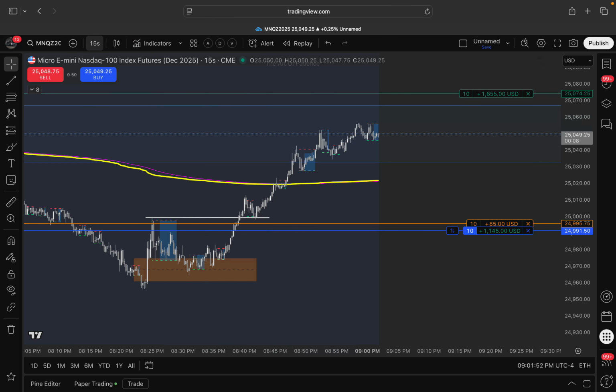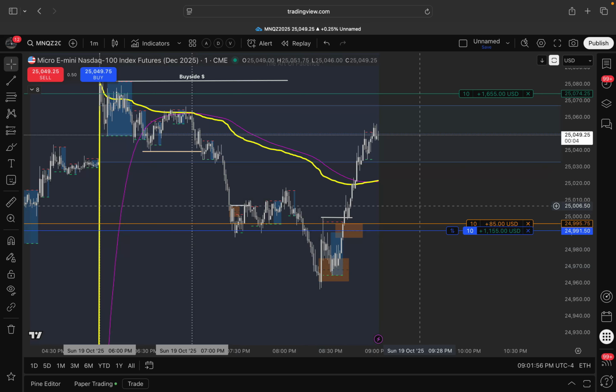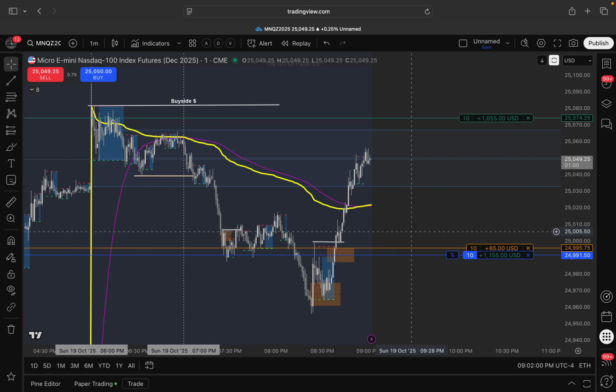So again, it's going to take some time for you to get this down and to get a feel of the market. And then again, at 9 p.m., we stop. We don't trade if there's no setups. But if you're already in a trade, you just let it sit. The max you want to let it sit is until like